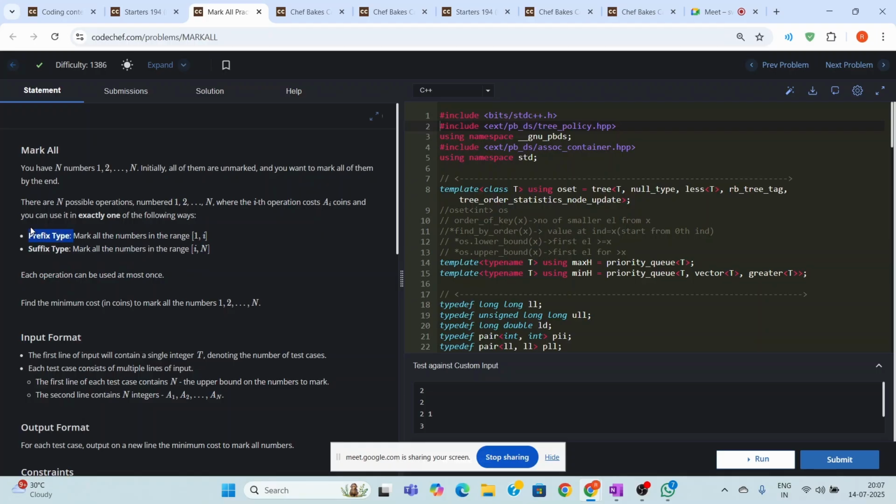The operations are named prefix type and suffix type. The prefix type operation marks all the numbers in the range from 1 to i, and the suffix type operation marks all the numbers in the range from i to n. So basically it says